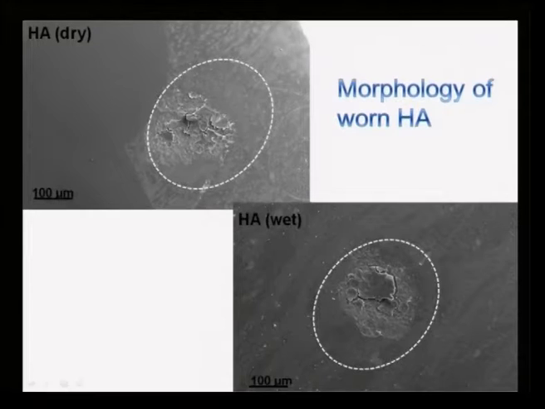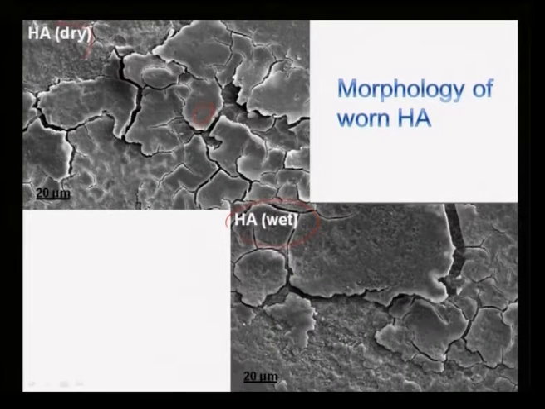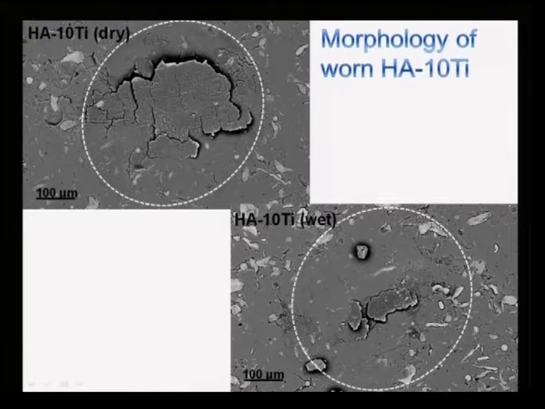So if you look at this again, the morphology of the surfaces for pure HA dry and pure HA wet, I am showing you can see delaminated layers and breakage of that. Not only that, if you look at the morphology more closely, in some of the cases you can see the apatite crystal forming on the surface, and they help in reducing the wear. If you look at 10 Ti, you can see even delaminated layers, but you also see the small particles present other than titanium. These are titanium, the big ones, and small particles present here, okay.